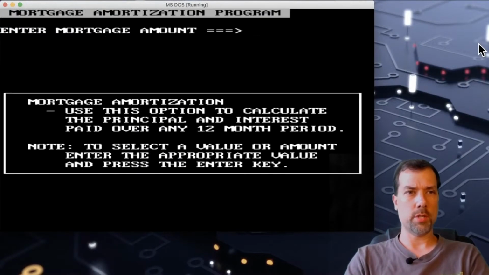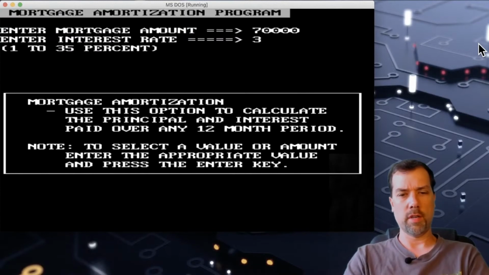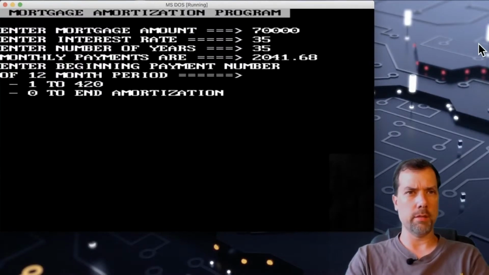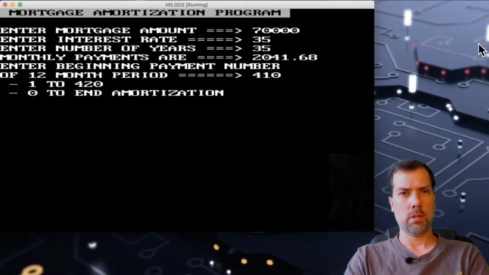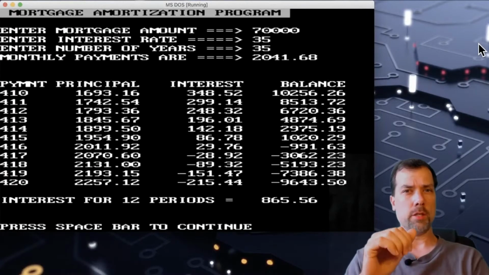Let's do mortgage amortization. Let's do that same mortgage. 70,000, one more zero. 35% interest. Maximum number of years, 35. Beginning payment number of 12-month period. Let's get down to the end. Let's do 410. So in the last 10 years,